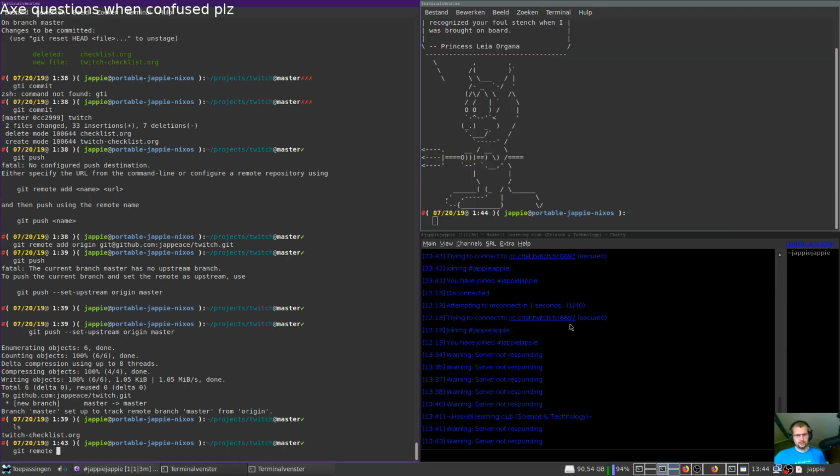Git remote add. Not origin. This is Data61. Parser combinator.